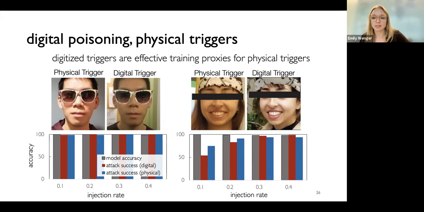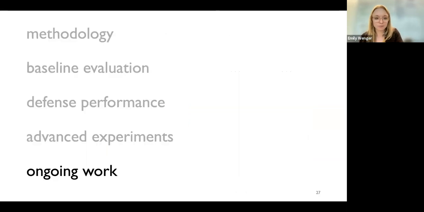And digital attack success is just how the model performs on an image containing a digitized version of the trigger versus an image containing the physical trigger. So I think this is the strongest evidence so far that these attacks are really versatile. And I think there's a lot of work to be done in mitigating them going forward, because as we found, existing defenses really can't.